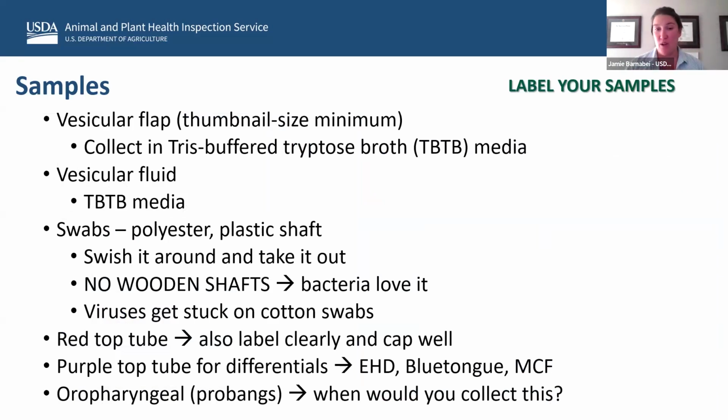So epizootic hemorrhagic disease, blue tongue, malignant catarrhal fever, and then probang samples. So probang samples, if you've never done one, is that tiny little metal cup you're going to stick in, kind of scrape the oral pharynx and get some of that fluid and cells from the back of the throat. We don't collect these very commonly, but if you guys were paying attention earlier when we talked about animal